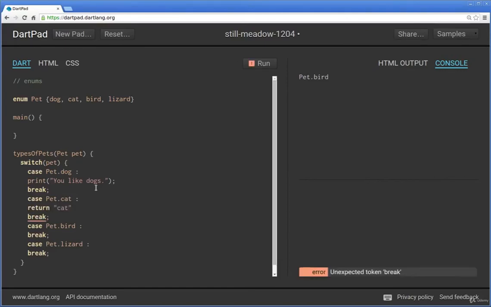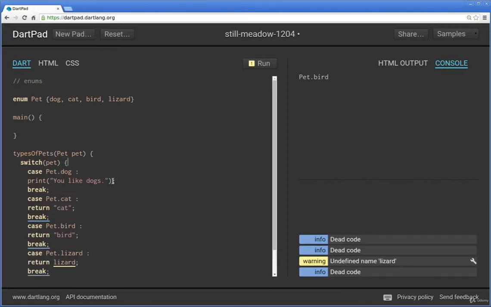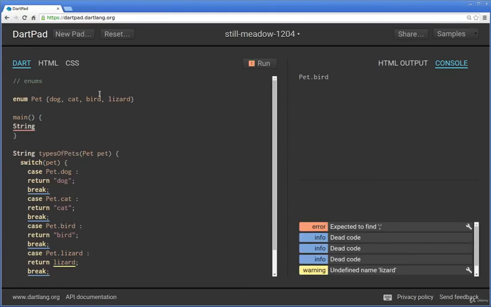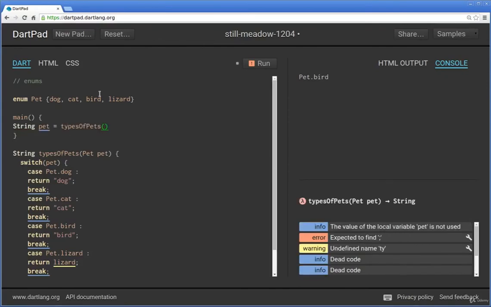cat. I'm going to say here return bird. Here I'm going to say return lizard. And up here I'm going to say return dog. Okay? So I'm going to return strings right here. So string pet equals types of pets, and my argument is going to be